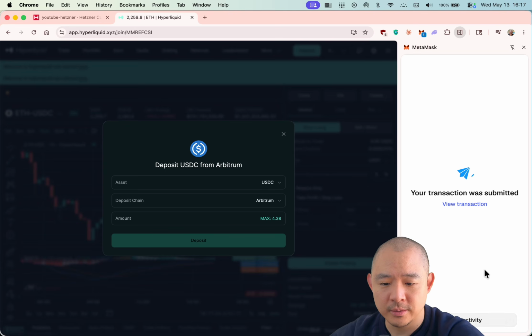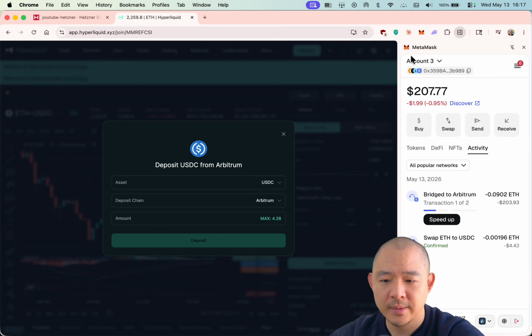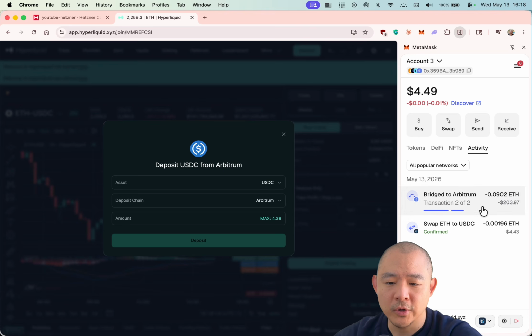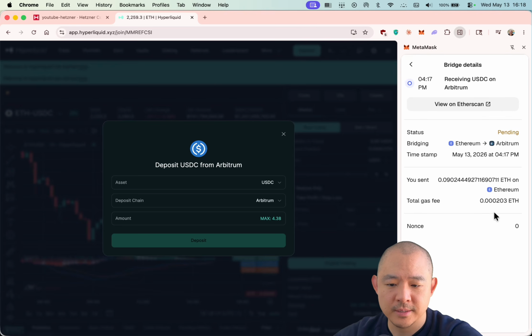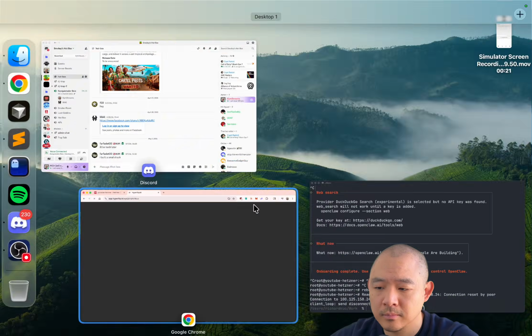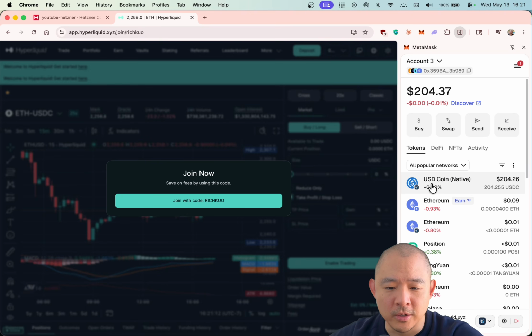After you're done, you're going to hit view activity and then go into your account here. You click on tokens and it's still mid transaction, so it might take a minute. If you go to activity, you can kind of see the status. It's pending, so it's still going. Okay, so it took a little bit, but we have our money in there. My total right now is $204, just under $205. And I'm going to go into Hyperliquid here,